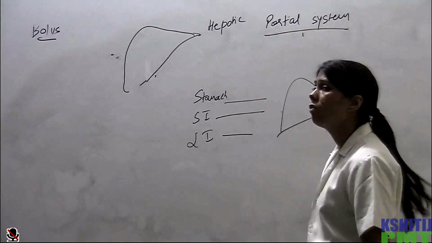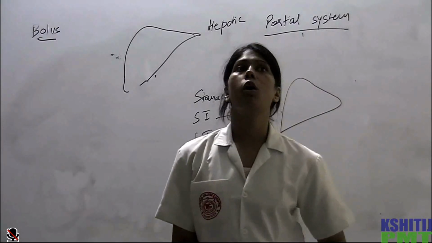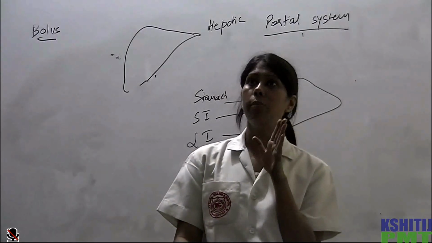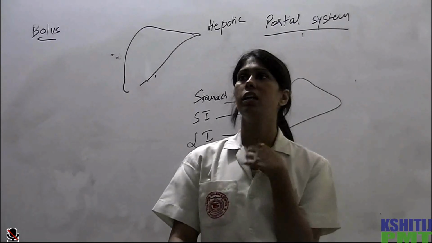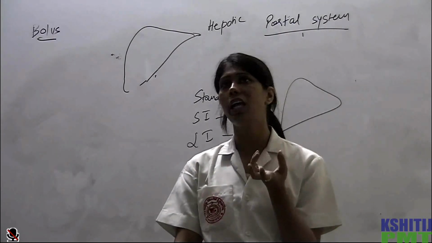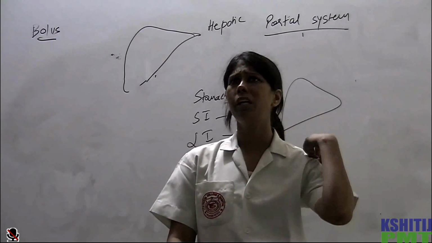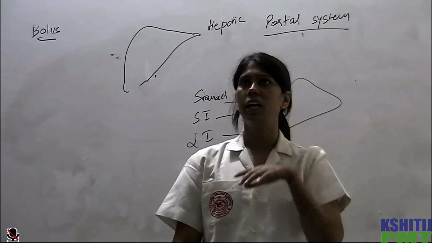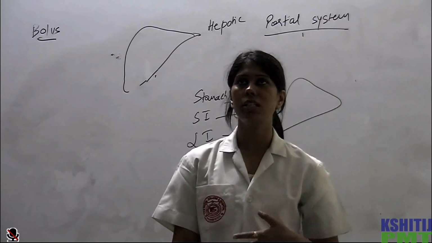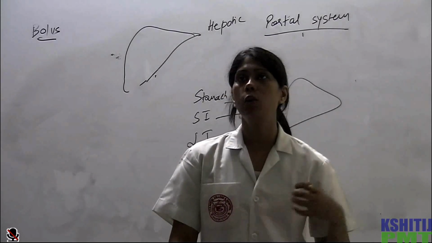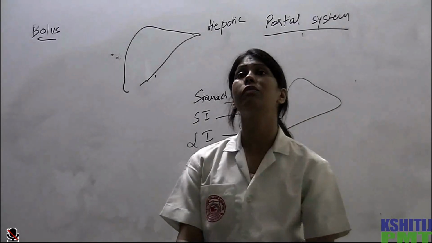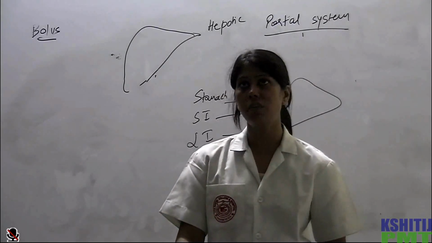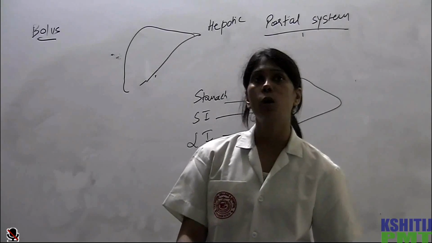Now why is it needed? Actually, this is for removing toxicity, if any is present. Imagine I am taking some toxic substance. We eat many toxic substances, like poisons and all. Let us say some poison stays inside. The liver is the organ which detoxifies everything, helping in detoxification, removing the poisonous substances.